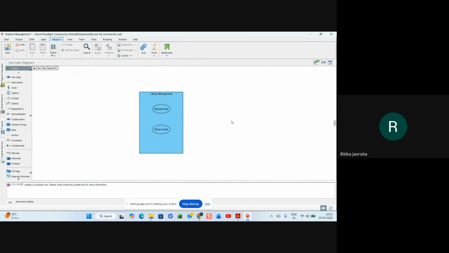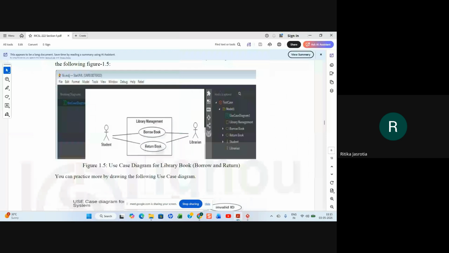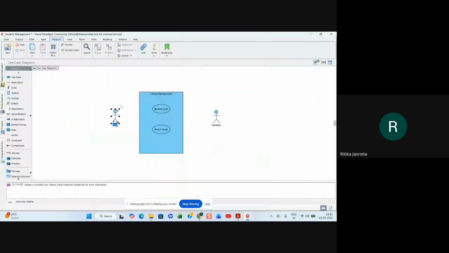These are the use cases, just an example we are showing. And we have actors. Actors are outside the system, right? So this is a user or a customer, whatever you can say, and this is a librarian, or you can say a student also. A user can be a student also. They are saying student, so you can say student here, right? Actors are student and librarian.